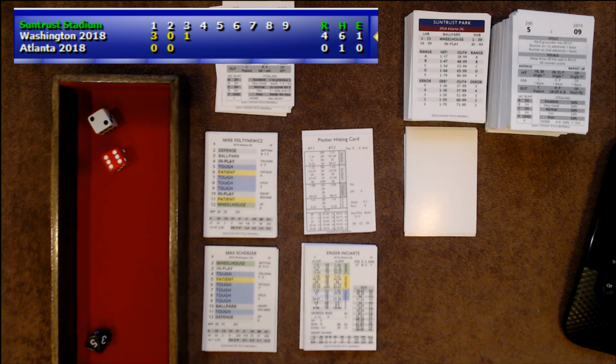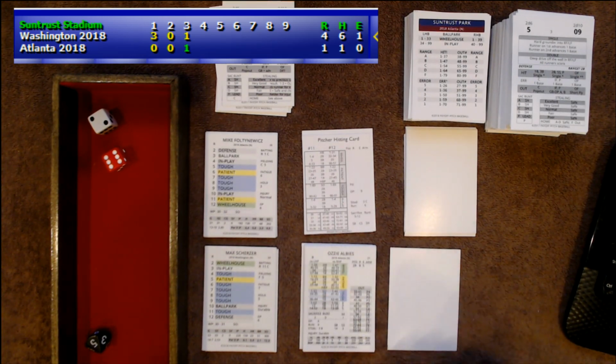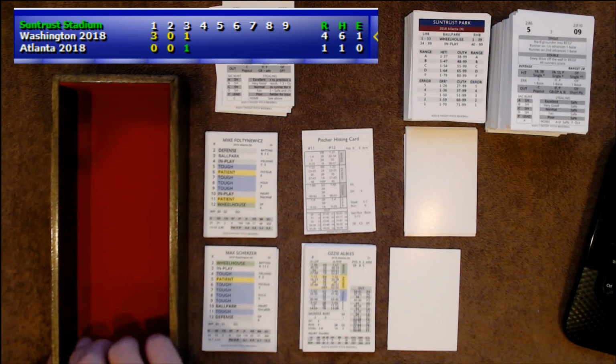So the only play is going to be at first base. So that's going to be a grounder to the pitcher over to first base. And Flaherty is going to score, and moving to second will be Suzuki. So Ender Enciarte with an RBI. It's now a 4-1 ball game.